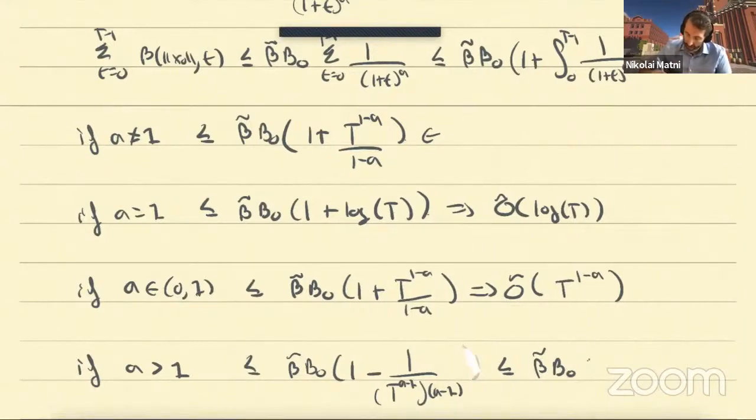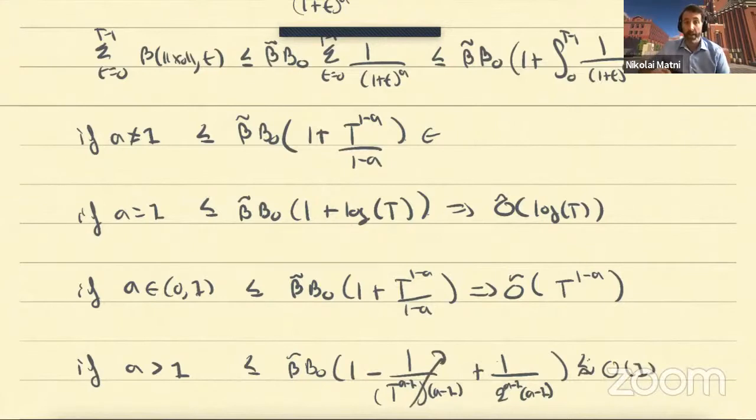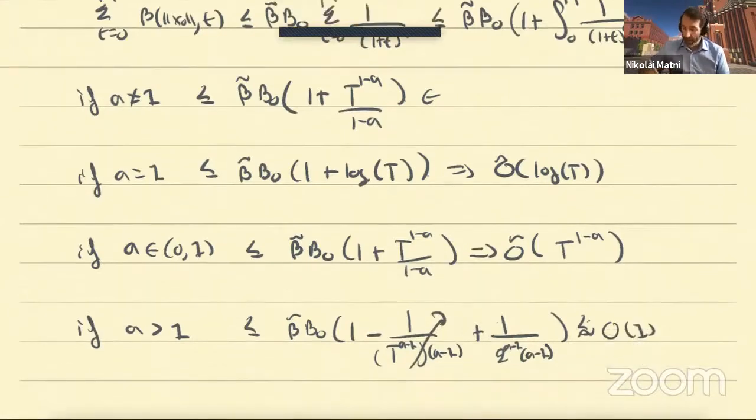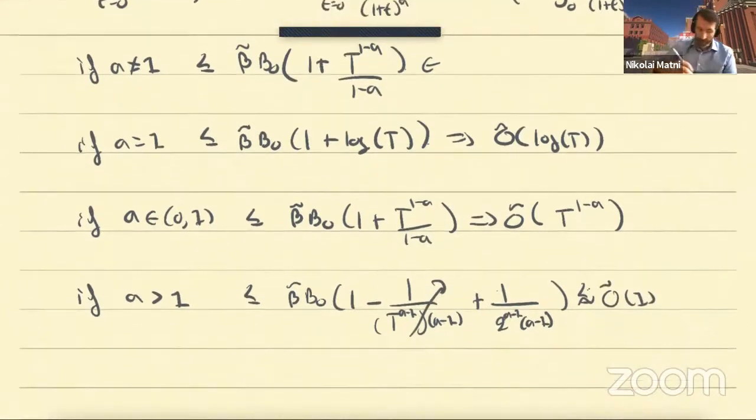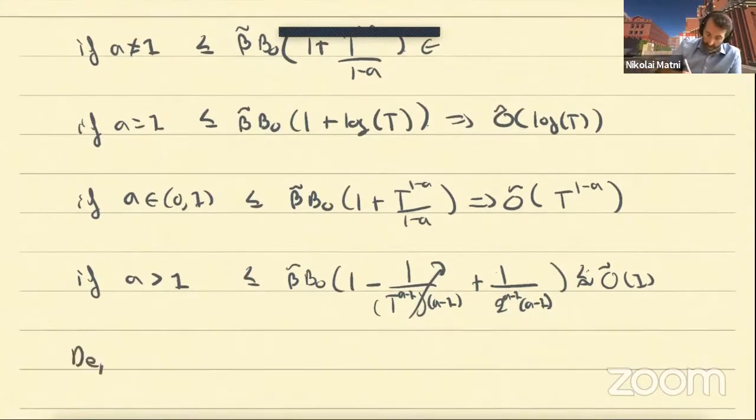Sorry, there's a tail term that I got rid of. There's also, you end up with a constant. Right, and so this ends up scaling like order constant, because you can just get rid of that when you're upper bounding it. I'm going a little quickly here, but the takeaway is that depending on the convergence